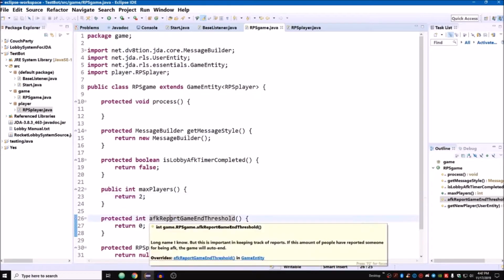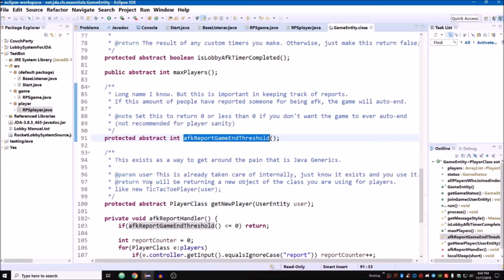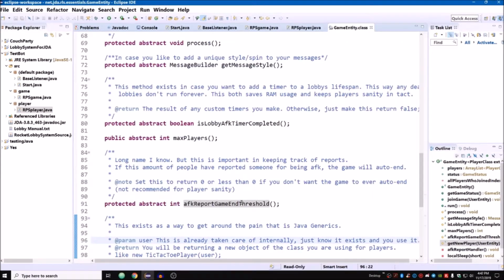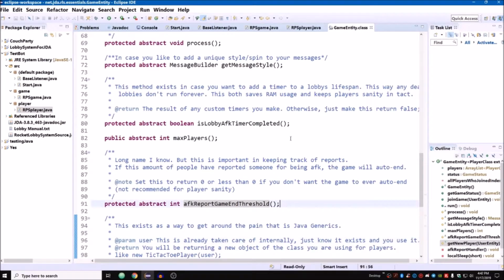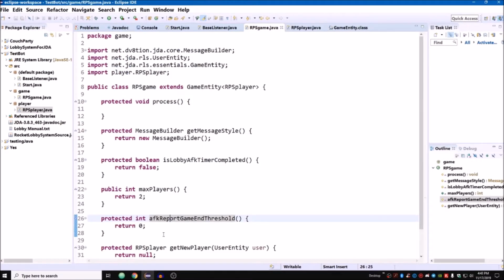Now, if we go into the super implementation, we will notice param user. Note, set this to return 0 or less than 0 if you don't want the game to ever auto-end. Not recommended for player sanity. So if you don't want this report system to work, you can just set this to 0 or -1 or -1000. Doesn't matter. However, if, let's say this is a 6-player game, and it's player 5's turn,